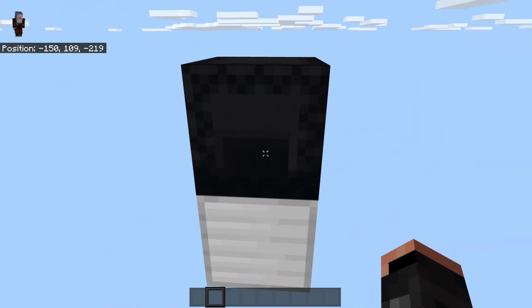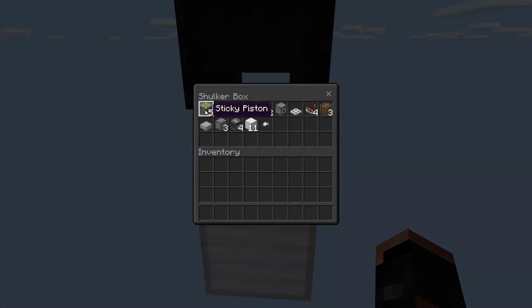So let's take a look at what we need. We're going to need 5 sticky pistons, 2 redstone torches, 1 redstone block, 7 hoppers, 2 pieces of redstone dust, 1 dispenser, 1 trapdoor of any type, and I prefer iron because I think it looks better. 4 comparators, 3